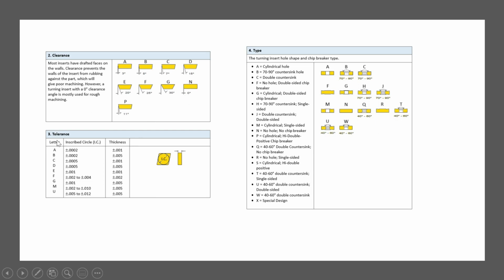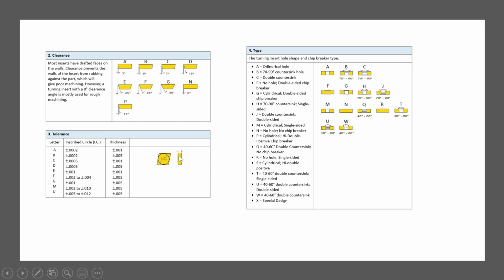Third character is tolerance. In the example we have considered CNMG, so for M, the value for tolerance is plus minus 0.002 to plus minus 0.01, and thickness is plus minus 0.005. These are the tolerances used for this insert. Tolerance is for the IC and the thickness.